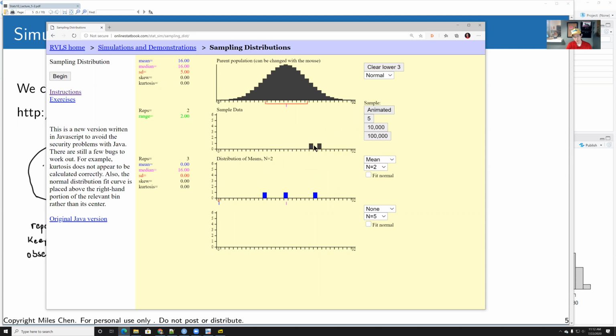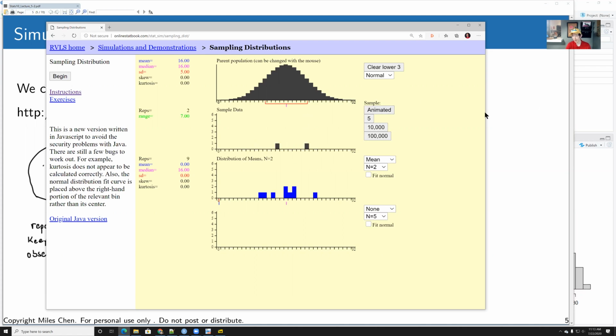Two more values just by random chance. They happen to be close to each other. The mean of these two values is here, and it drops down, okay? I'll go ahead and do that. These ones happen to be far apart, but their mean happens to end up in the middle. Here's two more values, okay? And I can just keep clicking this, and every single time I click this,